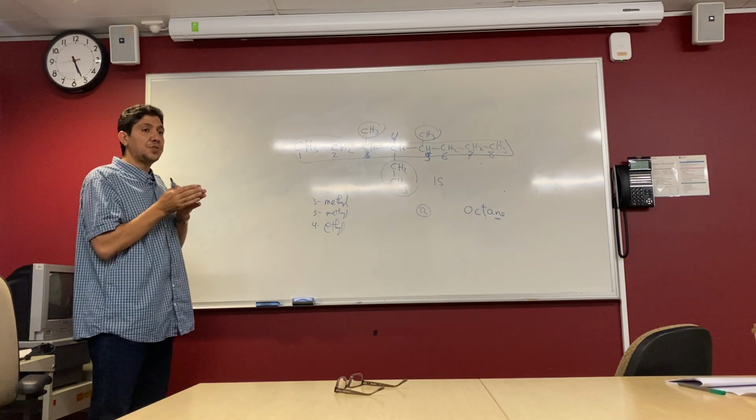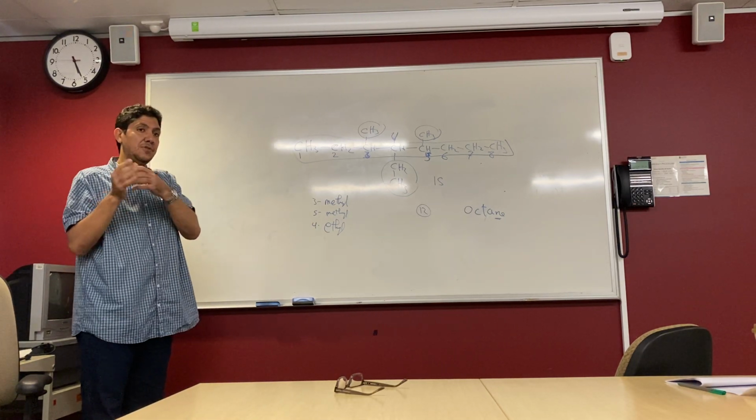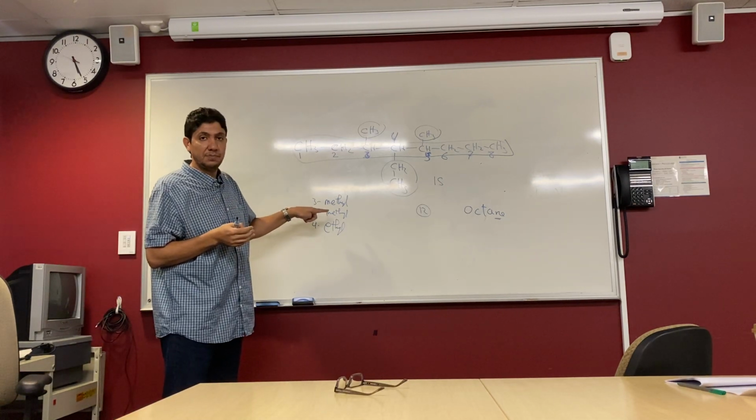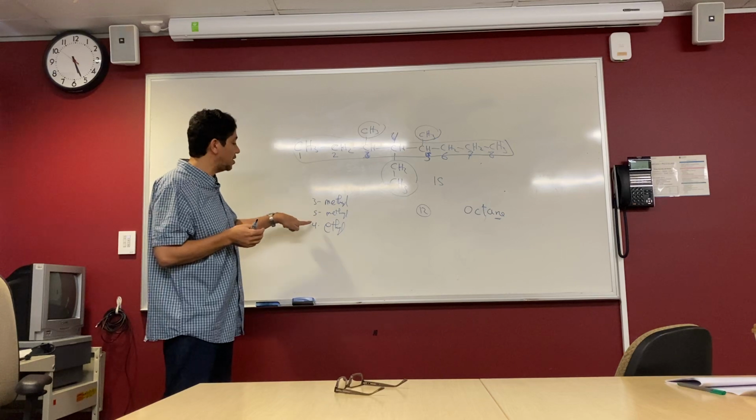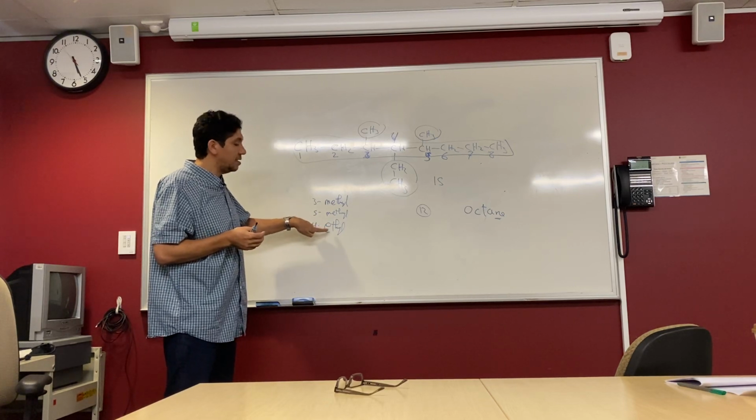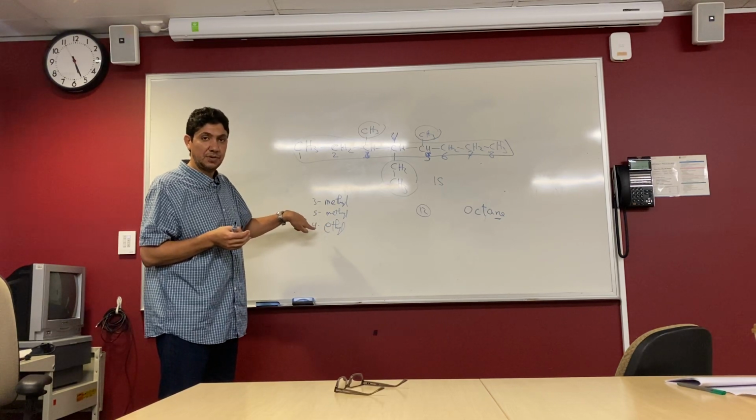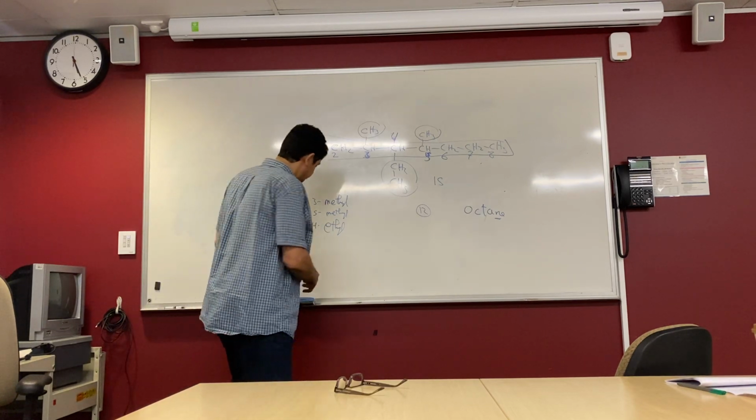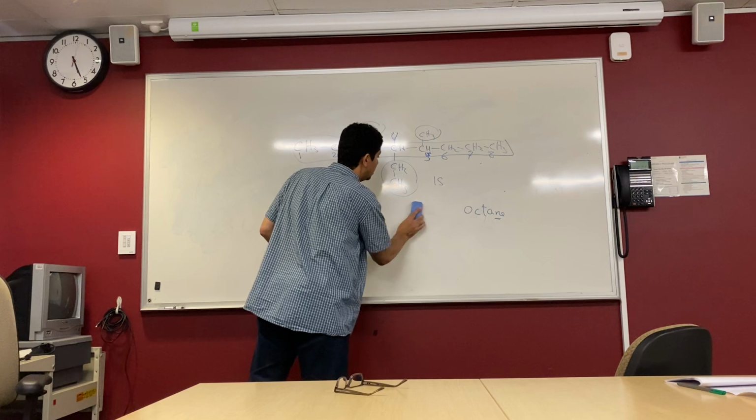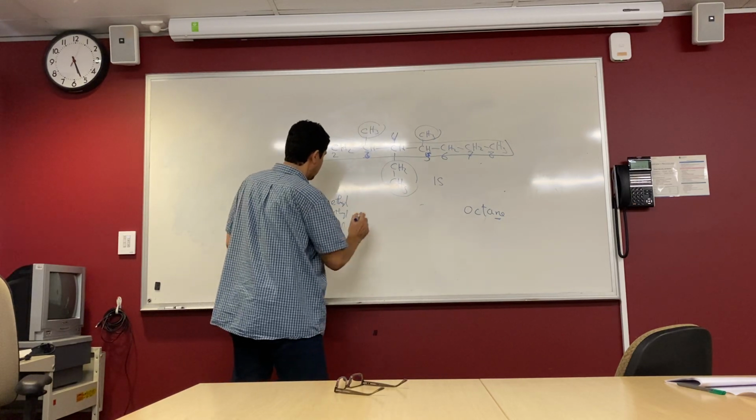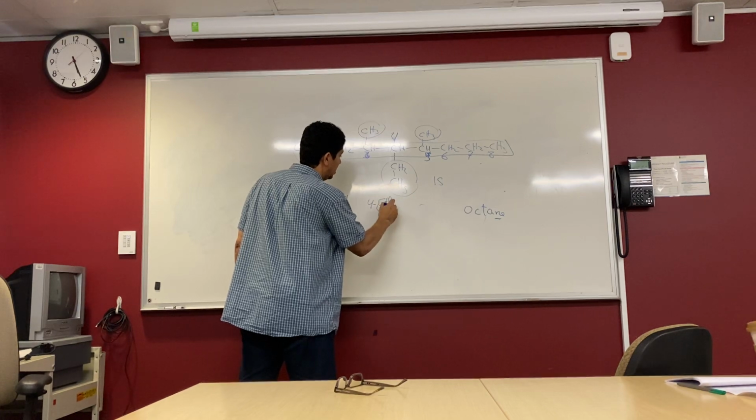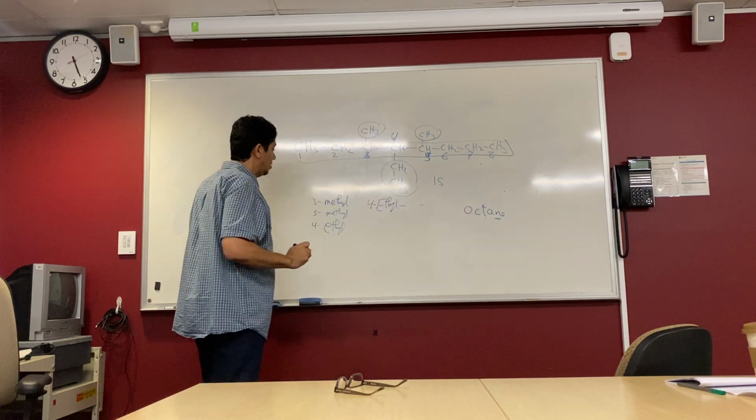So we have to put them in alphabetical order. Which starts first, ethyl or methyl? Must be ethyl. And always between the number and the letter there must be a hyphen. Okay? And the first letter should be capital. So we need to say 4 hyphen ethyl, and then hyphen